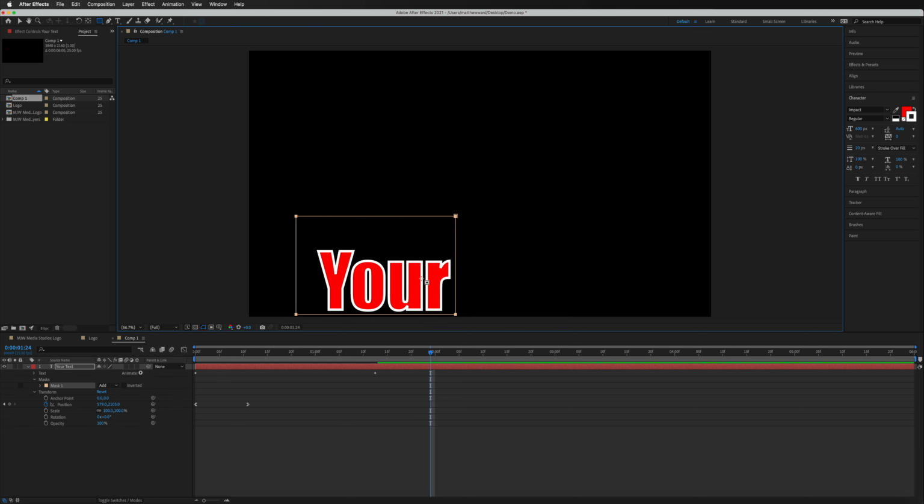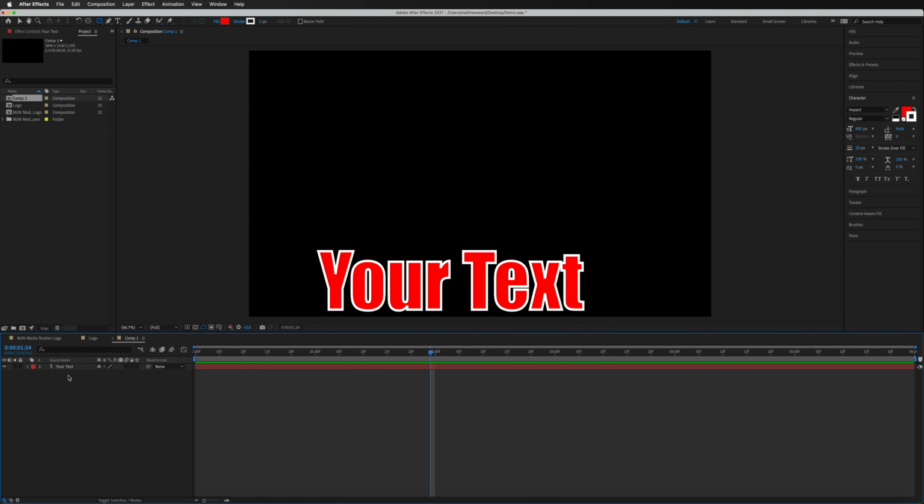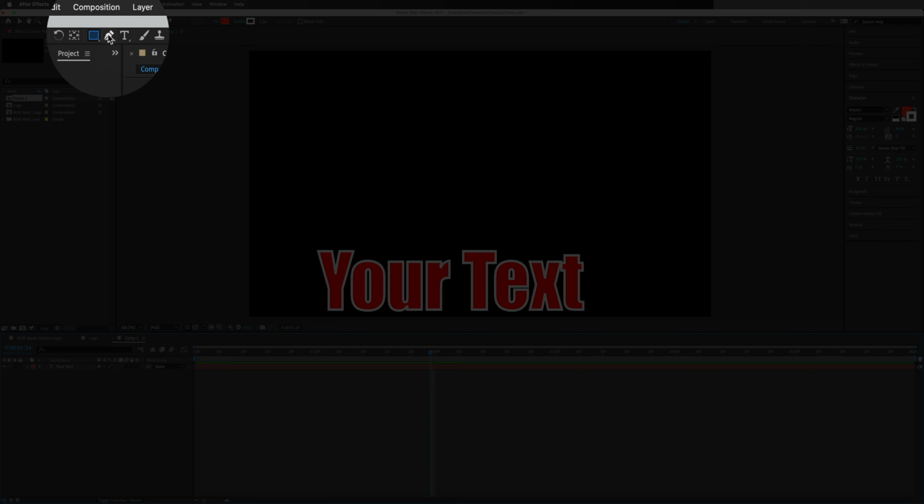So I'm just going to go ahead and hit Command or Control Z just to undo that and close this. Like I said, just make sure that you do not have your layer selected and just deselect that. Then you are free to go back up to your top toolbar menu and either grab our rectangle tool right there, or we can use a pen tool, which is a way of creating custom shapes. And we'll talk about that in just a moment. But if you hover over your rectangle tool just here, you can see that we've got some additional shapes that we can work with inside of there.